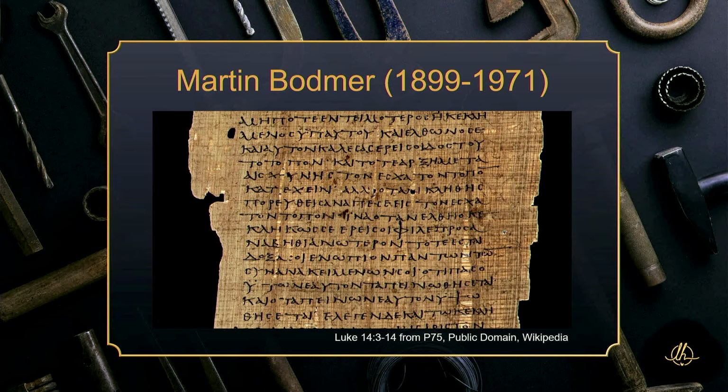So then we get the next guy, Martin Bodmer. In 1952, two Egyptians found a jar. They're digging for fertilizer, and they hit a jar, and they're like, oh, look at this, a jar, an ancient clay jar. They opened it up. They find about 30 ancient Greek papyri in the jar, and they eventually get it to a dealer, and the dealer sells it to this Swiss collector named Martin Bodmer. He purchased them